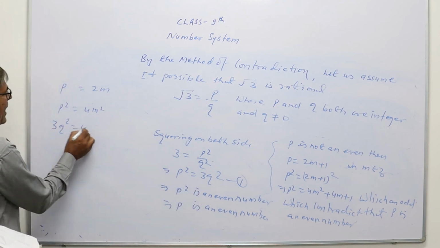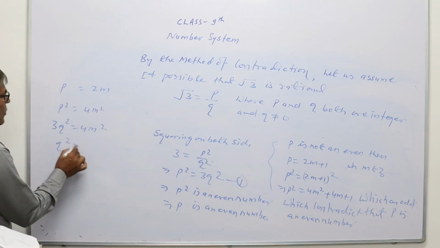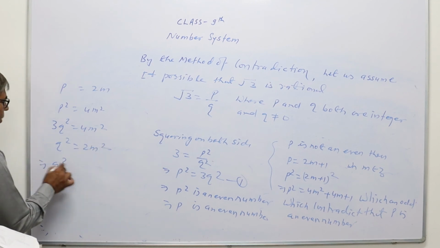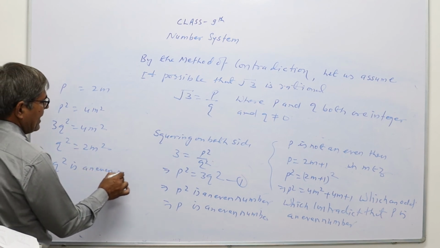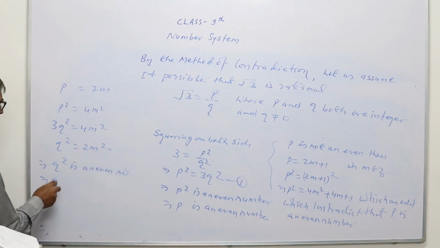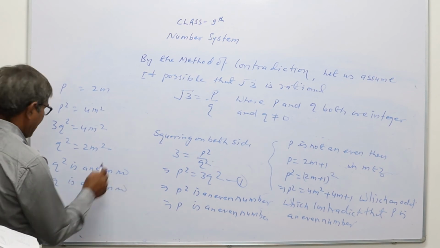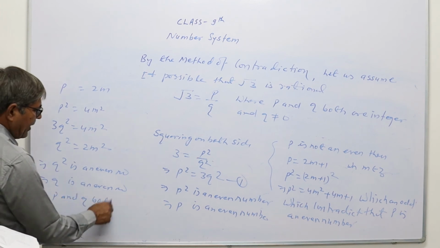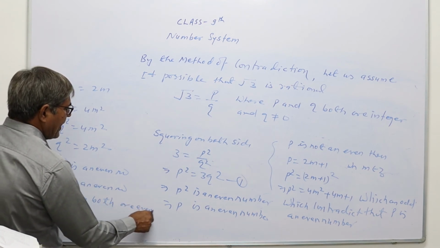So 3q square is equal to 4m square, which implies that q square will be 2m square, so q square is an even number, which implies that q is an even number. This implies that p and q both are even numbers,